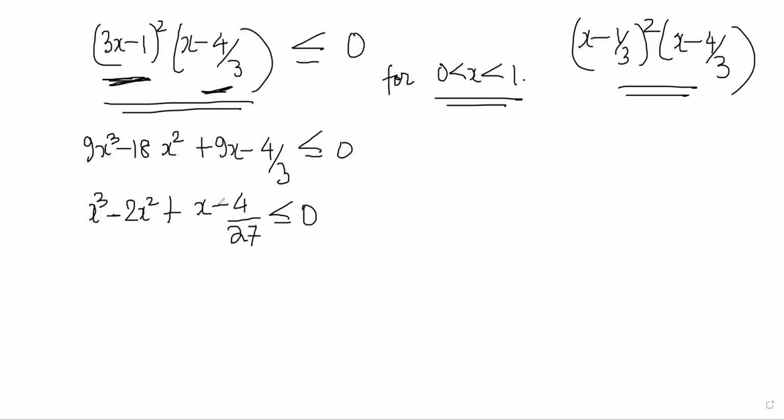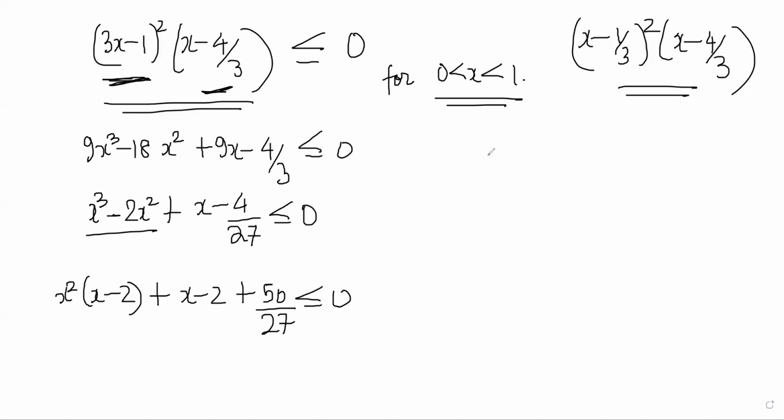And you can even factorize it a little bit. You will be able to say x squared into x minus 2 plus x minus 2 plus 50 by 27 less than equal to 0, which becomes x squared plus 1 into x minus 2 is greater than equal to, or actually less than equal to